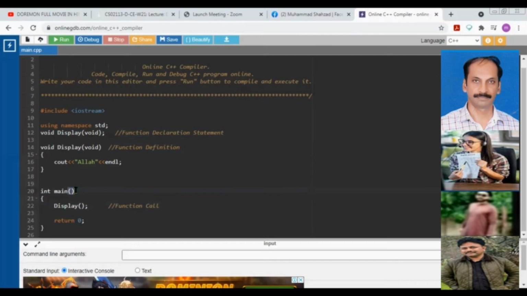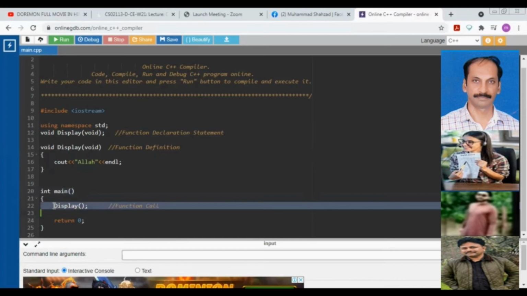The point to be noted over here is whenever you will execute a program, the compiler will look for one thing. That one is the main function. The compiler looks for what, my dear? Main function. It means the actual program begins with what, my dear? The main function. Are you getting, my dear? Yes, sir. If you look over here, my dear, within the main function, at line number 22,